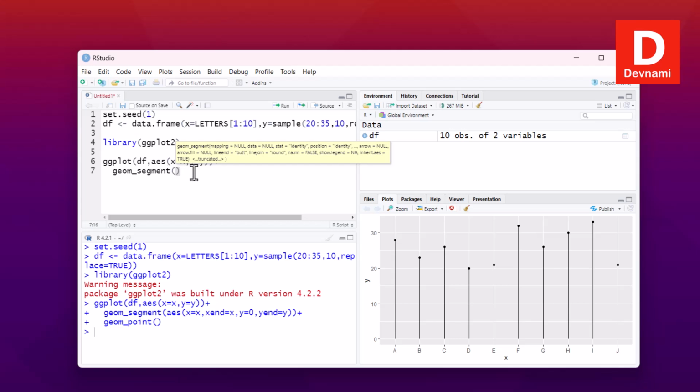Okay, it should also give you that autocomplete option. So with aes, x set to x and then xend set to x, right? And similarly for y, we have a starting value from 0 and it ends with y, right? So you will notice the output would be the same up to this point, but now the coordinate flip